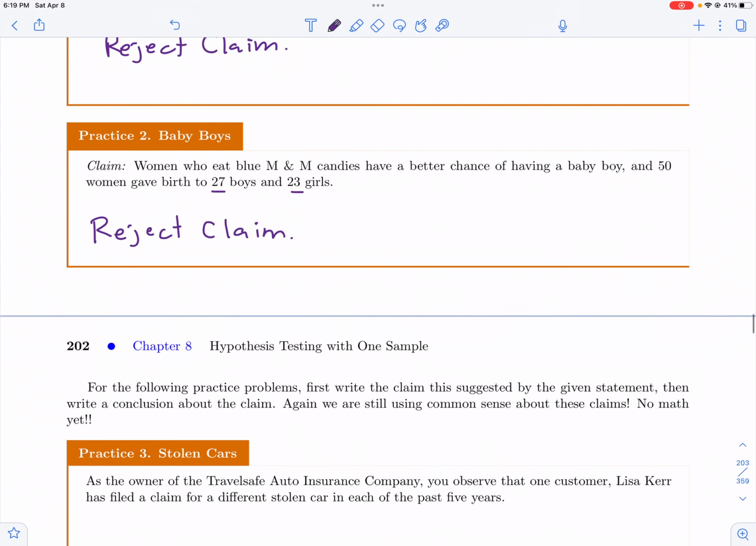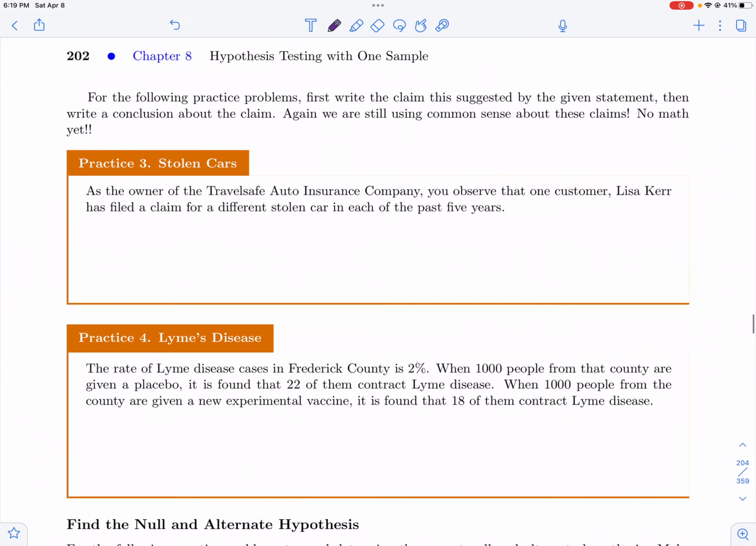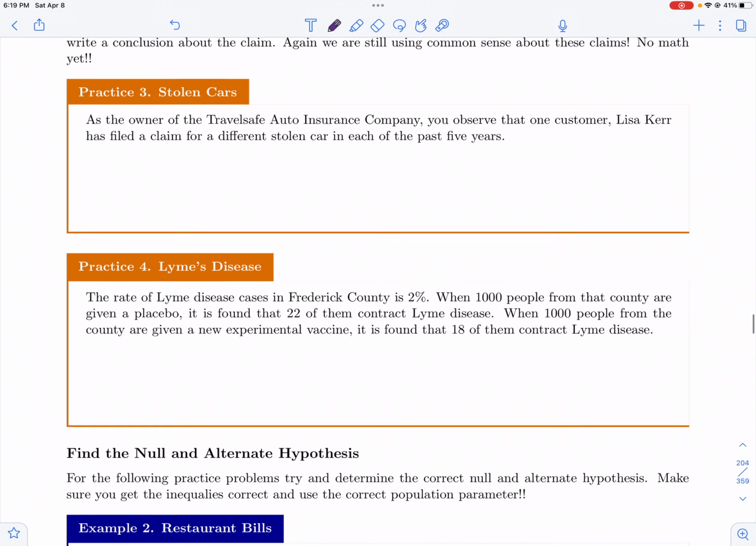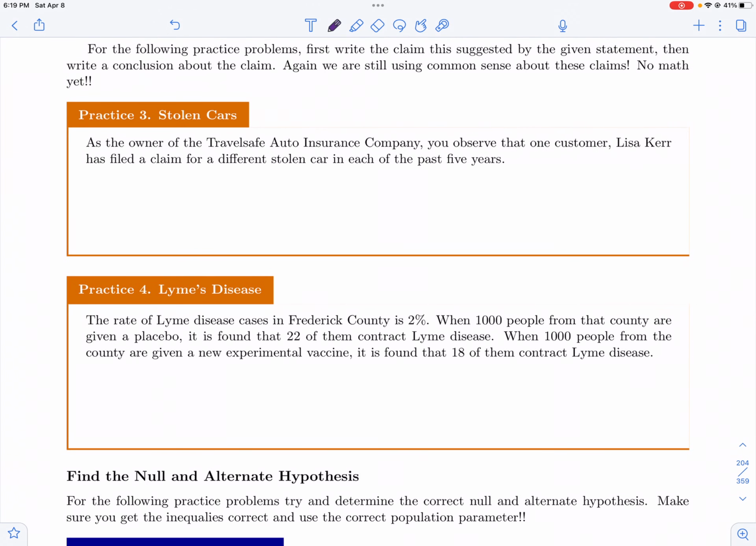All right, so let's take a look at the next couple practice problems here. For these, we're trying to determine what the claim would be, and then think about common sense whether this claim seems legitimate or we should accept or reject it. So practice 3, as the owner of the Travel Safe Auto Insurance Company, you observe that one customer, Lisa Kerr, has filed a claim for a different stolen car in each of the past 5 years. If we use this one particular person as our sample for the claim,